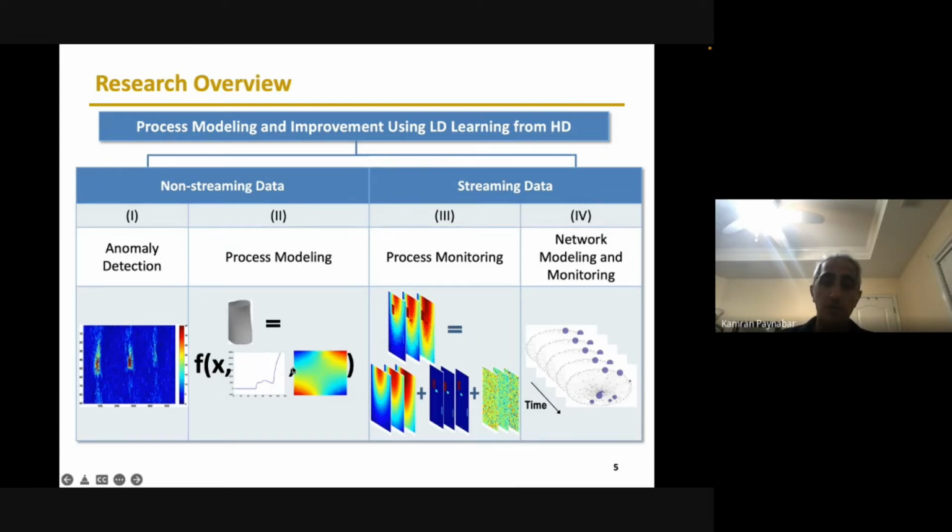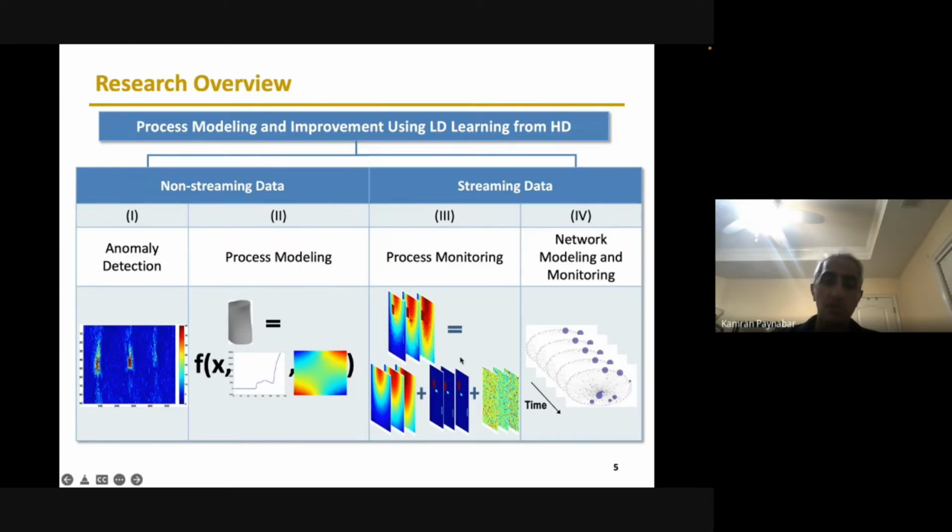Or for process modeling, for example, if you have some inputs in the process and some high-dimensional output, how can you create a predictive function that relates this high-dimensional input to high-dimensional output? For example, in this case, the input could be a scalar, functional data, or an image, and the output could be, for example, a point cloud. You are familiar with regression modeling, but how can we do regression modeling for high-dimensional data? This is another topic of interest that we worked on, and how we can use this function both for prediction and process optimization. So what are the best settings for optimizing the process?